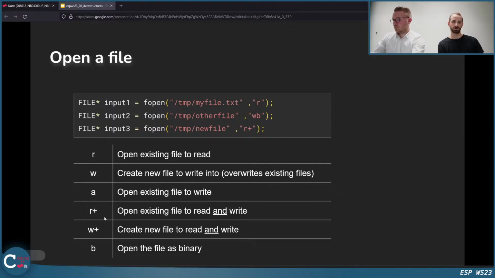And then there are special operators like this plus here, which means opening an existing file to read and write, so you can read and write with it. And this w plus is creating a new file to read and write. This is just specification, so if you work with fopen, just look at the man page, for example, and then you can easily figure out which type of mode you need.